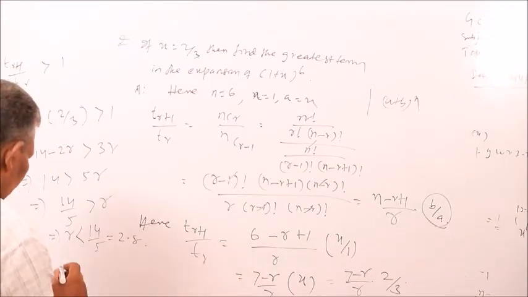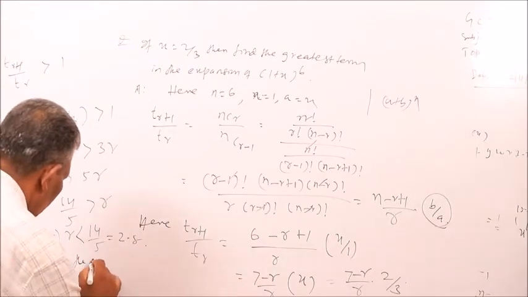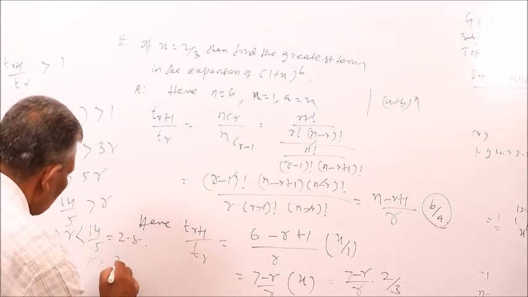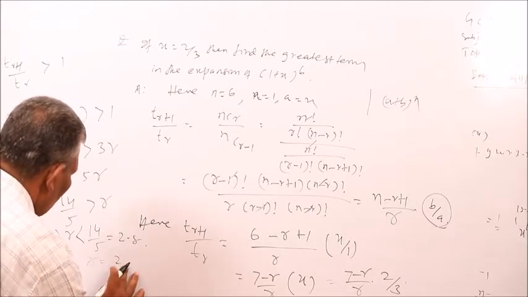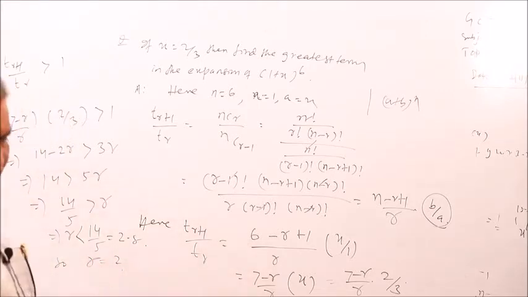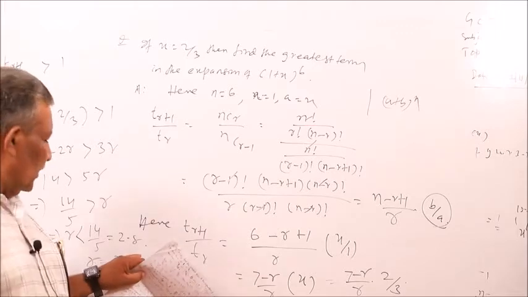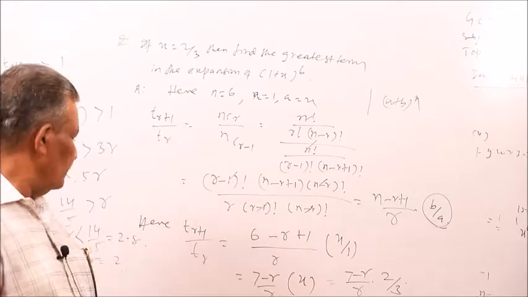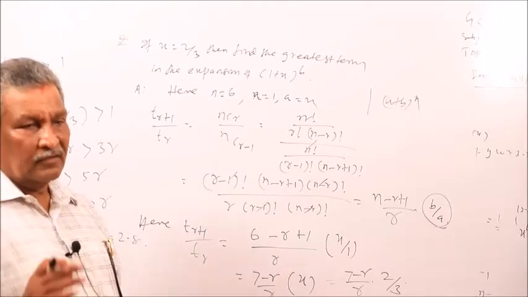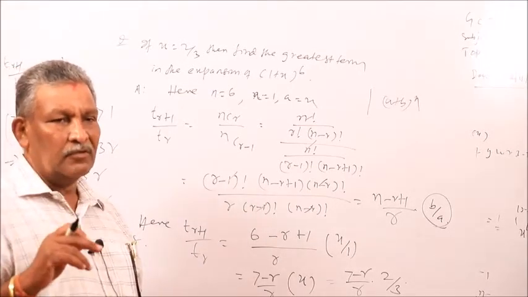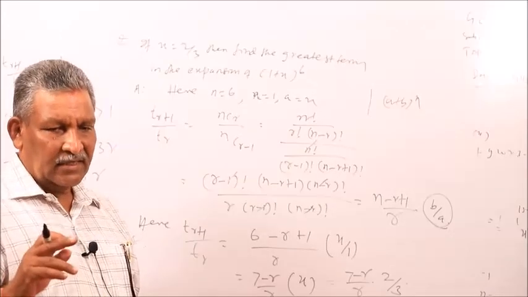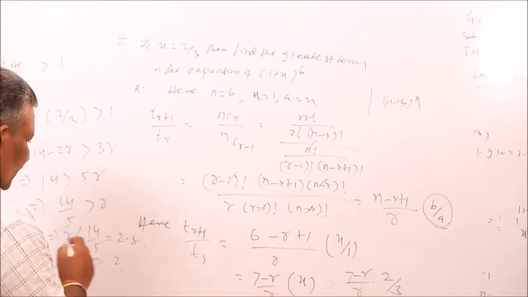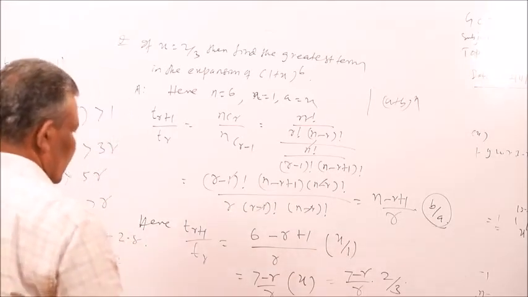Not greater than 2.8. So the greatest value of r, so r equals 2, because 2.8 is not an integer. So the greatest integer not greater than 2.8. We have already explained in the chapter on functions that the greatest integer function, or bracket function of x, equals x if x is the greatest integer not greater than x. So r equals 2, that implies